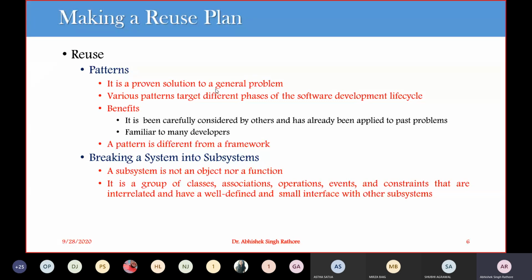We have various patterns that target the different phases of your software development cycle. There are patterns for analysis, architecture, design, or implementation. So we can achieve reuse by using existing patterns, rather than reinventing the solution